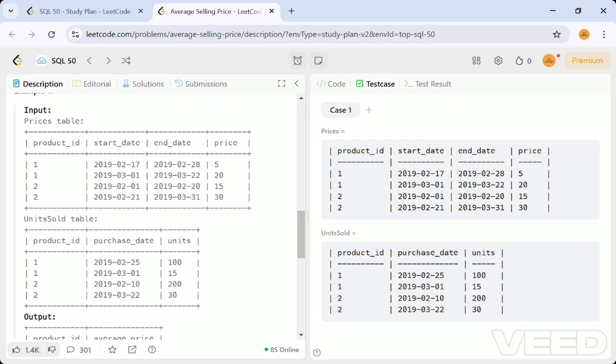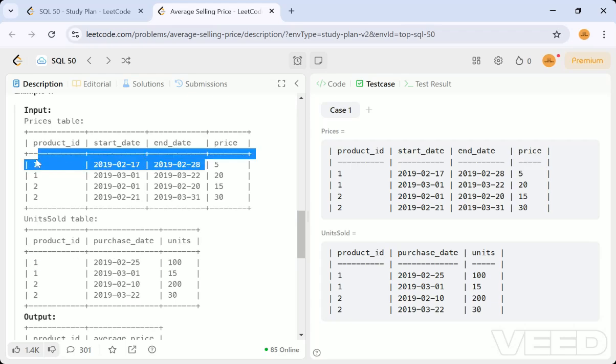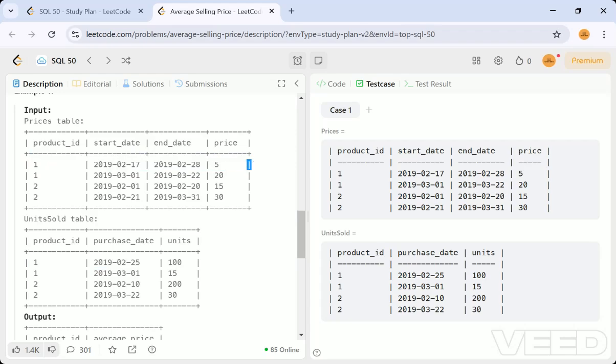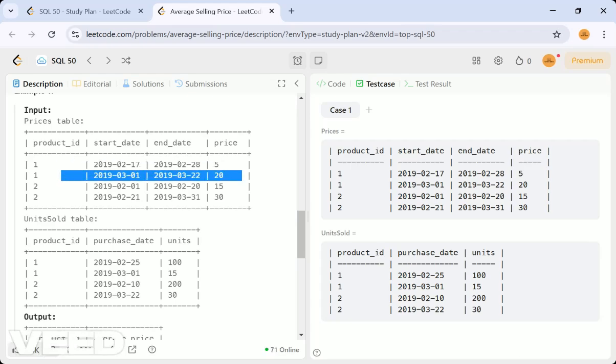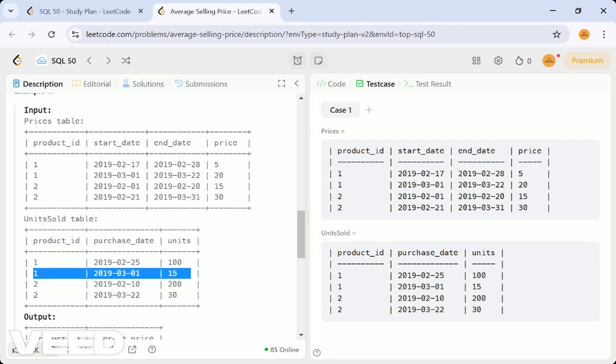We should consider that price only for the same product. For example, product one is sold on 2-25, which falls under this category. So we should take this price only, but not this price. So 5 into 100 is 500, plus the other entry for that same product, 15 into 20. So previously what we did, 100 into 5 plus 20 into 15, divided by the sum of units,